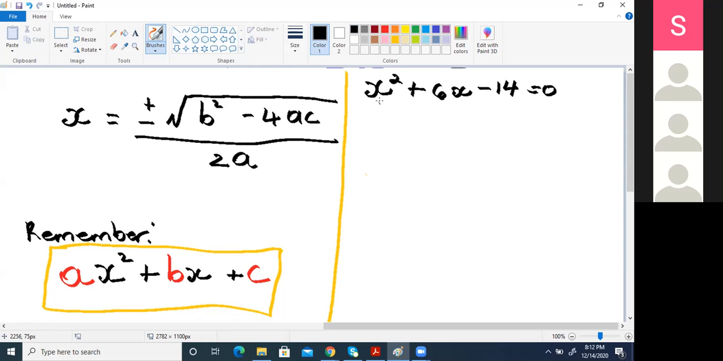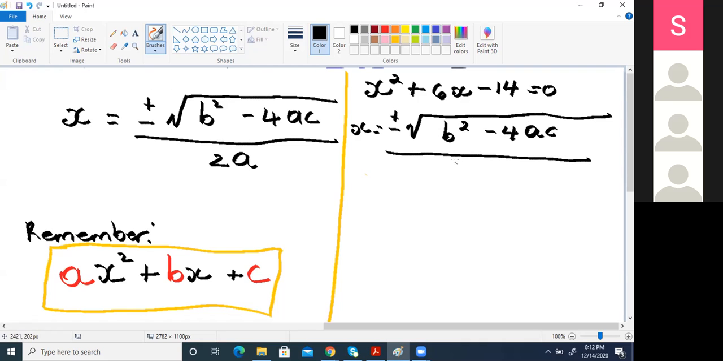Now, for me personally, whenever I'm using a formula, I always like to write back my formula. So I'm going to start with doing that. It sort of helps me to ensure that I remember the formula. So the formula is b squared minus 4 times a times c, and this is all over 2a. Everybody following so far? So what you need to do now is to